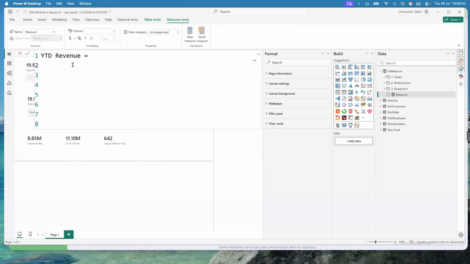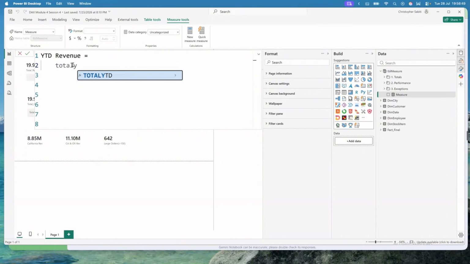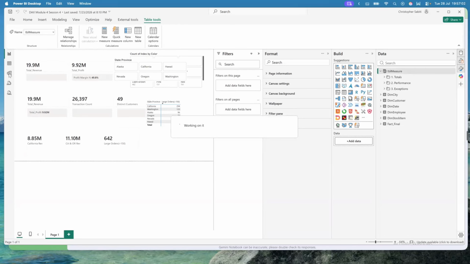You know now what I'm doing. Now the year to date, we use a function called TOTALYTD. That function is there. Now, before we do anything, this is what you always have to check. Before you do anything, I will always have to go first to the data model,